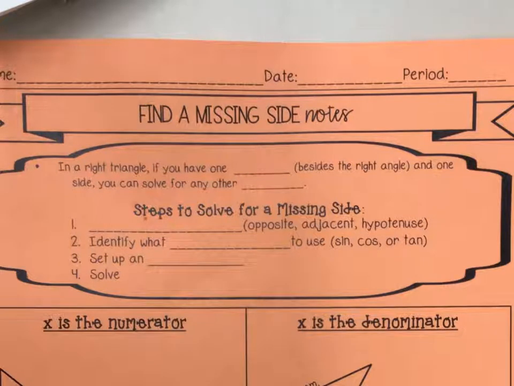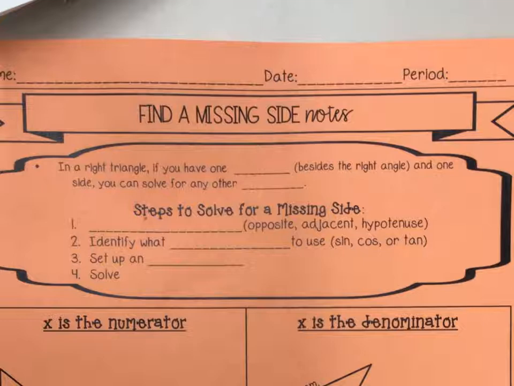Okay, so yesterday, what did we talk about? What were we missing yesterday? Angles. And today we are missing sides. Very good. It's on the top of the worksheet, right? So yesterday we used trig ratios to find our missing angles, but today we're going to use them to find